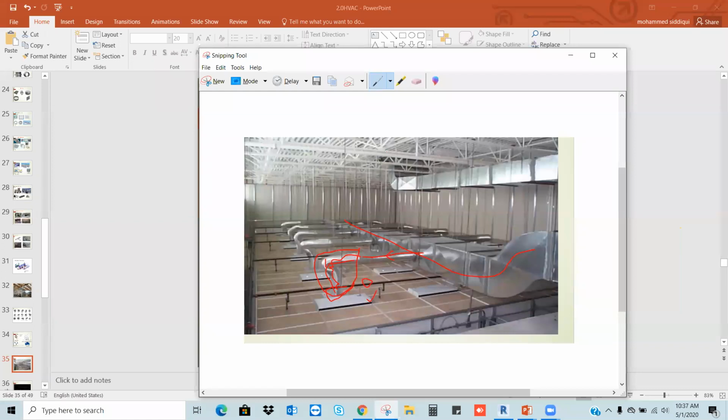Okay. To use the flexible duct, we have a limitation. Always we should use less than 1 meter. This is a standard. You can use it according to your requirement, according to consultant design, according to the situation, but it should always be less than 1 meter. This is a general standard. These are economical, I can say. If you use less than 1 meter, it is economic. But we will connect the supply diffuser to the branch duct by using the flexible duct, which is mandatory to avoid the vibrations.